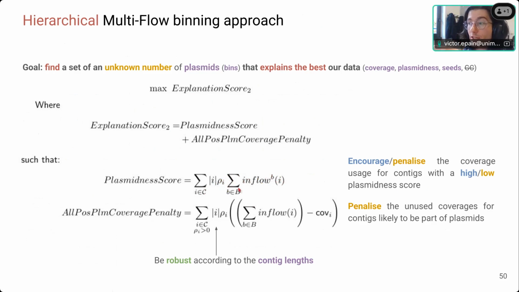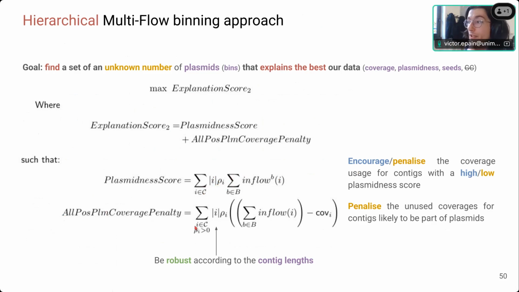The more we are using coverages, the more this sum is high, and the plasmidness here is between -1 and 1. So if it's not a plasmid, it's -1. If it's a plasmid, it's 1. So you want to encourage or penalize whether the plasmidness score is high, and you are robust according to the contig length. Okay. And you have this term, which is a penalty.